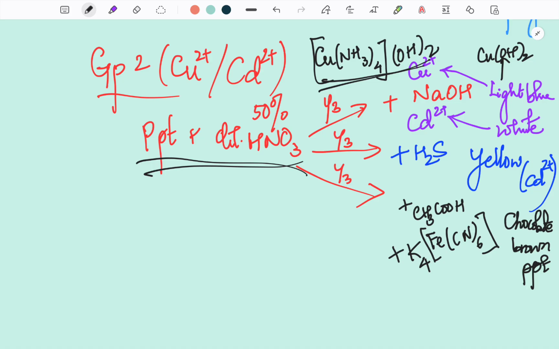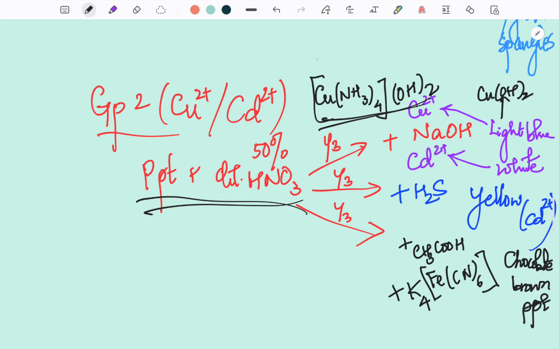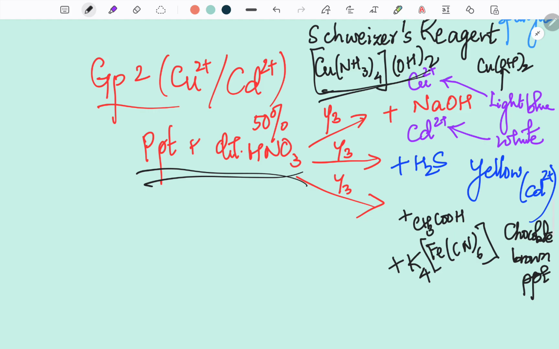That is the chemical name. This is, however, commonly known as Schweizer's reagent. It is known as Schweizer's reagent in common terms. But the IUPAC name is tetraamminecopper hydroxide. And you will actually be learning about nomenclature of coordination compounds in the chapter Coordination Compounds, which is in the